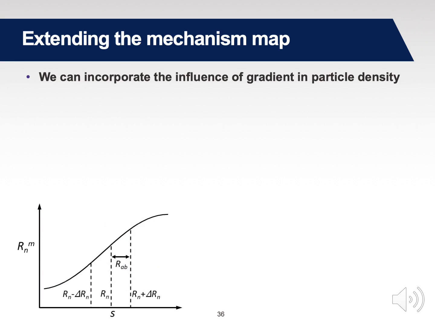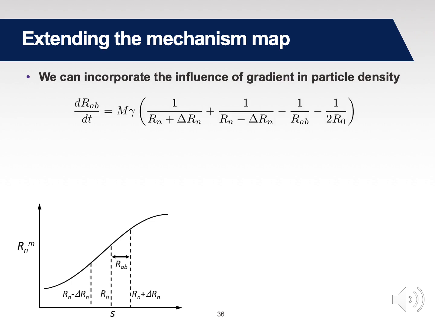And so we consider here a gradient in grain size, which is due to a gradient in the local particle density because, as I mentioned earlier, the local particle density determines the local grain size. This is, of course, a Zener-Smith mechanism. And so we have this gradient in grain size in a one-dimensional system. In it, we insert an abnormal grain. Right here, we insert an abnormal grain, and on either side, it will contact grains that are larger and grains that are smaller.